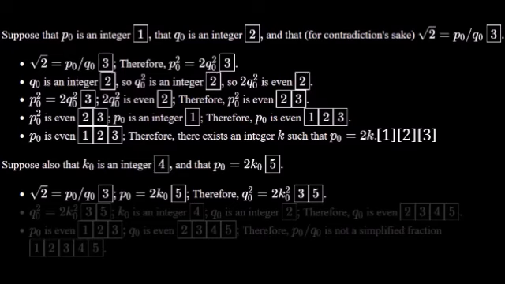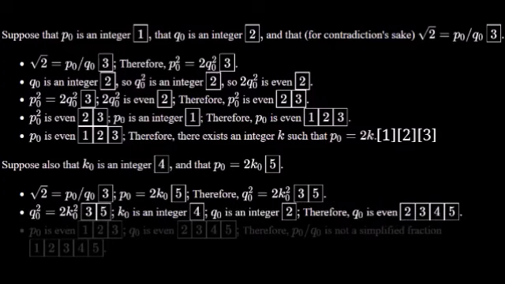Therefore, q0 squared is equal to twice the square of k0, which carries tags 3 and 5. We also supposed that k0 is an integer, hypothesis 4. k0 is also an integer, hypothesis 2. Therefore, q0 is even, using all of these tags at once, 2, 3, 4, and 5, as we showed for